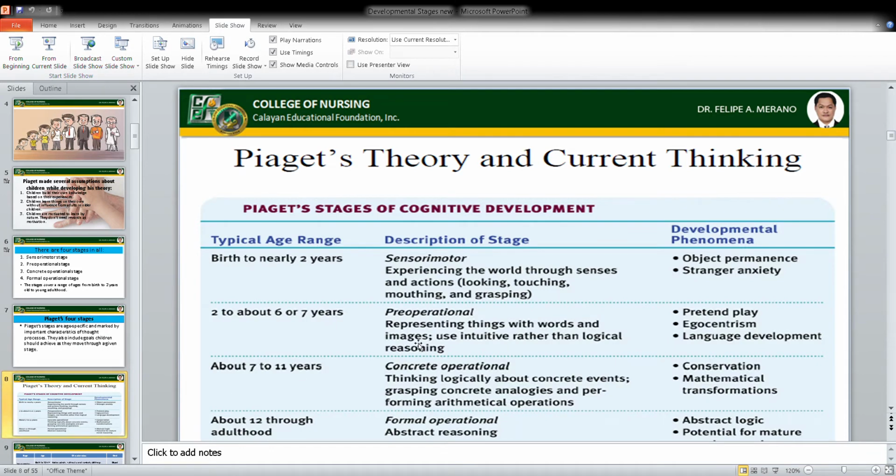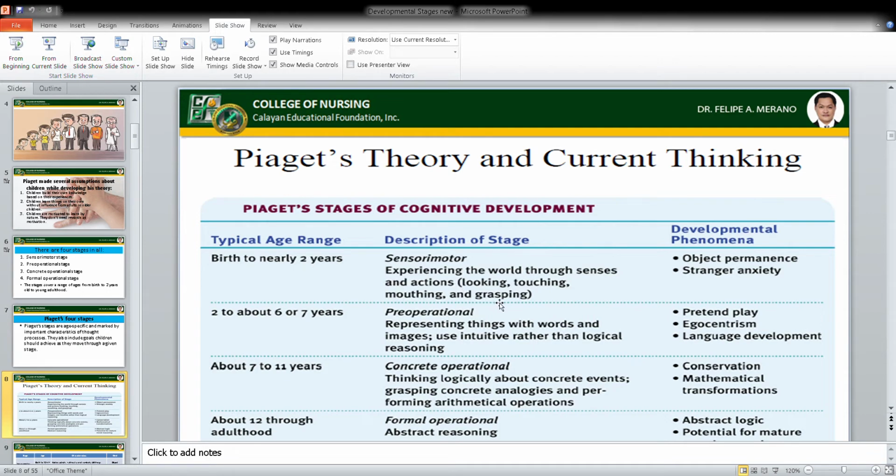So here is Piaget's theory and current thinking. Piaget's stages of cognitive development. So the typical age range is birth to nearly 2 years old. So it is the sensorimotor stage. That is the description of the stage. So in sensorimotor,